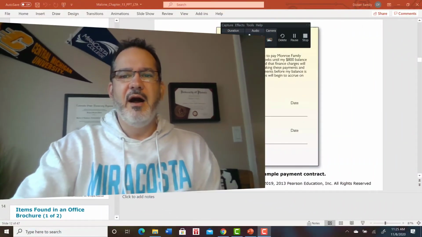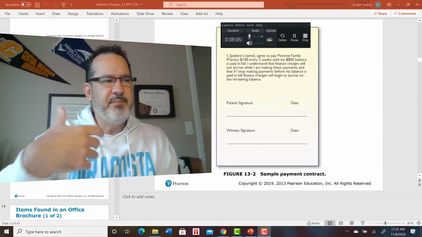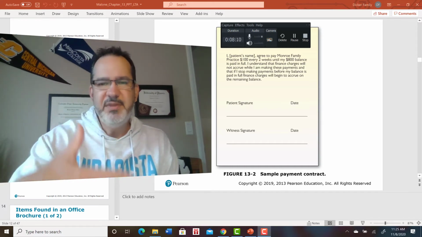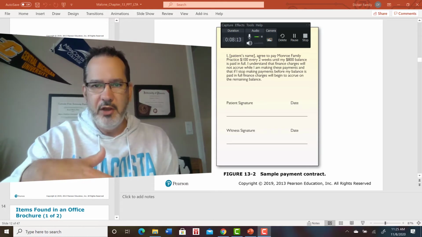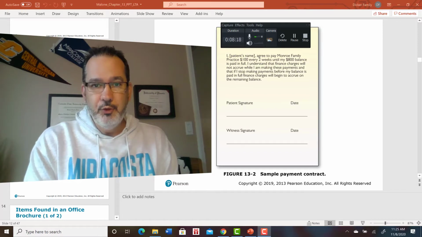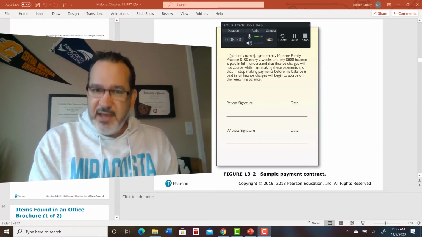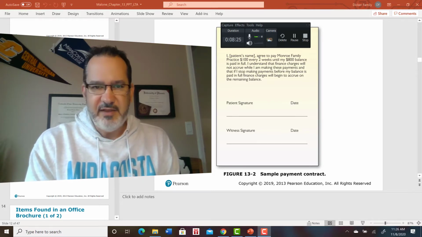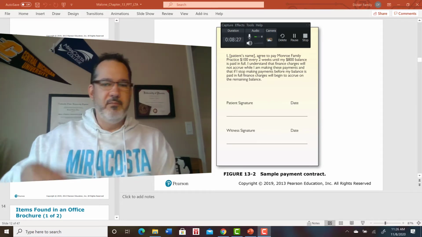Okay, so what's a good way to ensure that patients pay? This form that was in the PowerPoint is kind of an interesting form, because it talks about a patient who maybe ends up with having a big bill. And we all understand that healthcare is expensive, and sometimes patients will accrue bills with us. And that's okay. Most doctors' offices, that's okay. We understand that it's expensive. We understand that everybody can't pay for things all at one time.